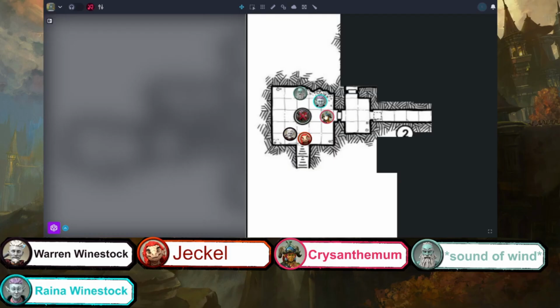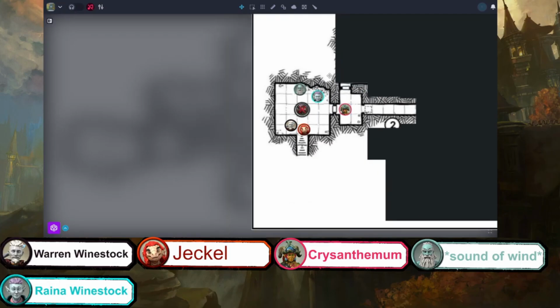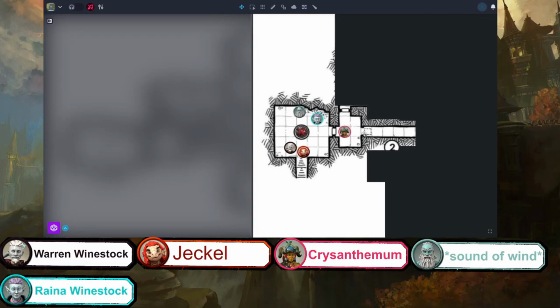Chrysanthemum, you step up and you can see down this hallway. Would you like to step into this little room here to get a little bit more sight? Yes, actually. And if able to, am I allowed to look up or to my left? Yes. Think of this as top down, like you're looking down on a model house.